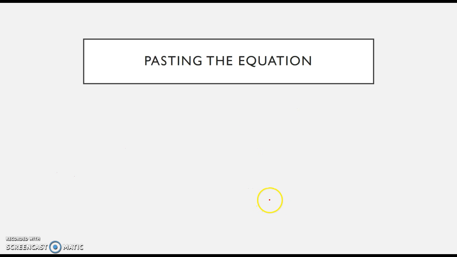And then we're going to paste that equation into y equals. Alright, remember whenever you go to paste, it's got to be the last thing that you did on your calculator, the last equation that you found, so that your calculator knows that's the one you're trying to paste. Go to y equals, make sure there's nothing in there, clear out anything that's in there at that time, and then we're going to go to vars,